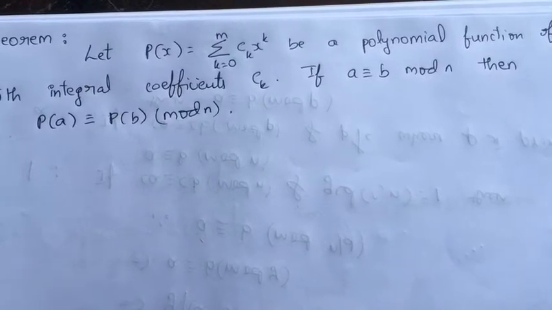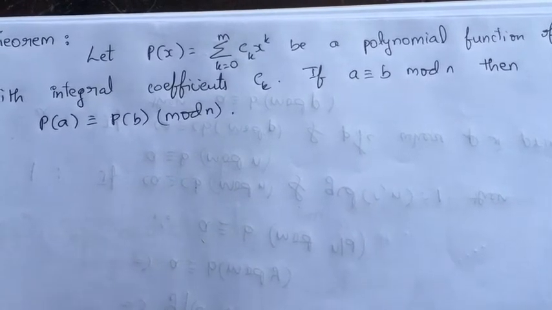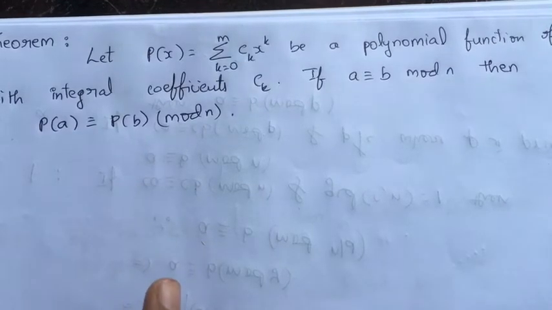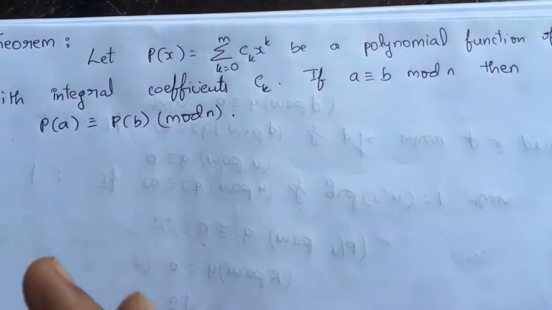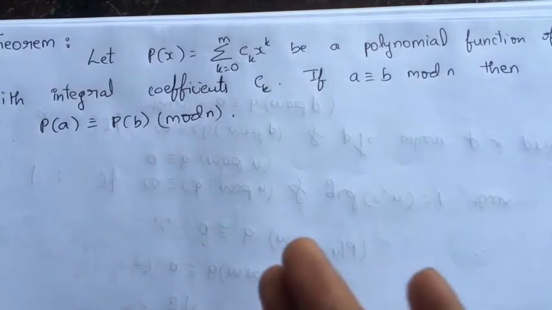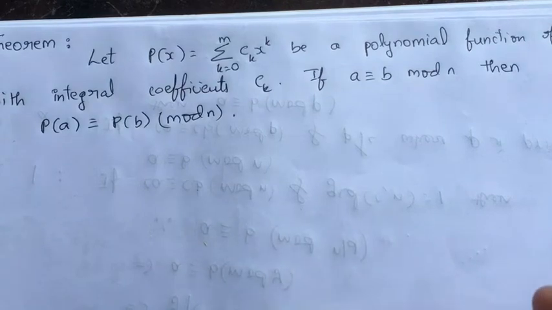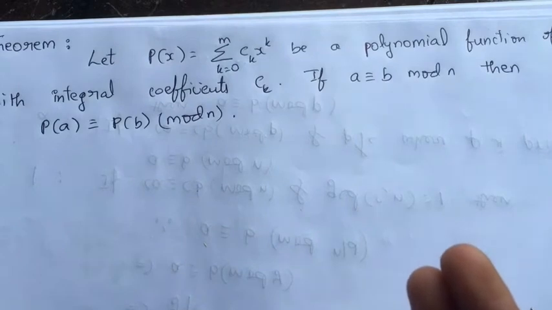One of the more interesting applications of congruence theory involves finding special criteria under which a given integer is divisible by another integer. For that, we represent an integer in terms of polynomials, a polynomial function of some integer, maybe x. We all know the decimal representation of a number. We can convert that into a binary number, right?